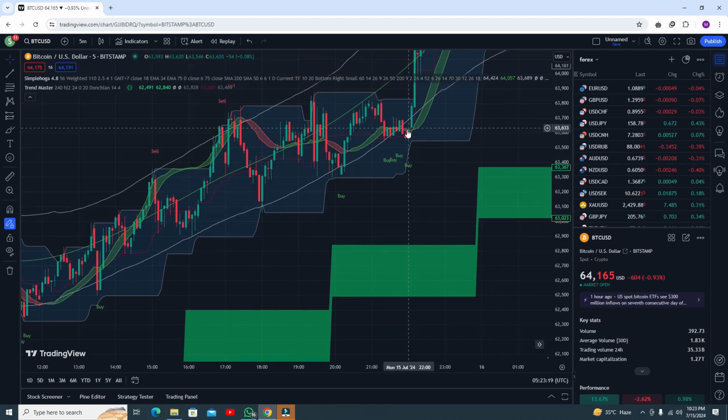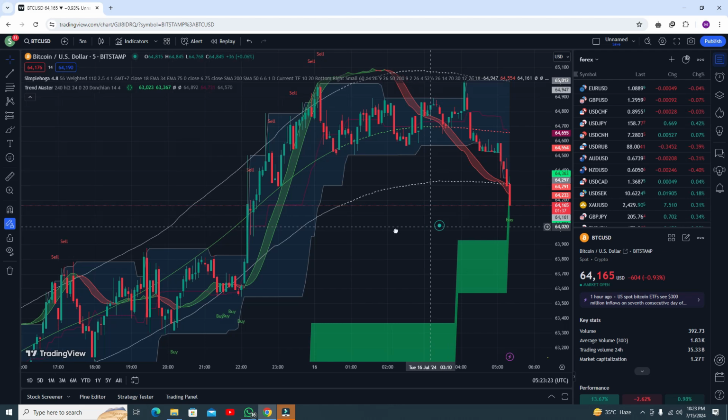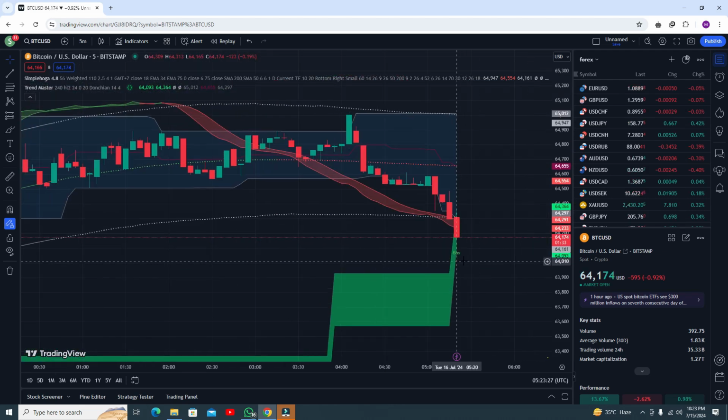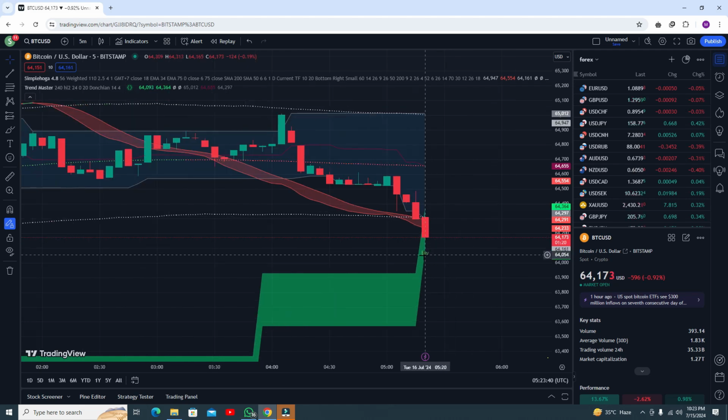Again, at this point you can go for another buy trade, and you will definitely get profit. Here you can see you are getting a buy signal, and the RSI is below the lower band line, and the trend is green, so you can go for the buy trade and it will definitely give you profit. You can see clearly the buy signal comes on time, it does not come late.